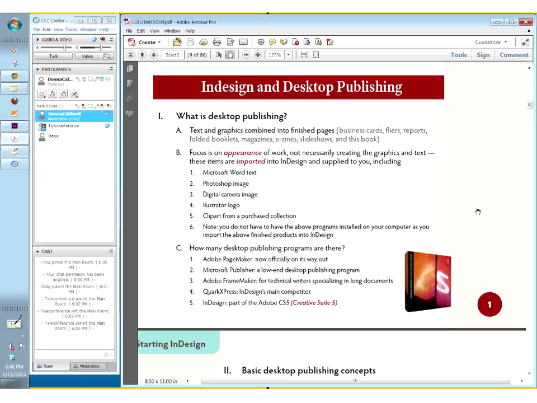So you may be getting text from Microsoft Word, or maybe Google Docs, or even Notepad. You may get a Photoshop image that was edited after downloading it from a digital camera. Or someone may have scanned a photo and they're giving you a JPEG, or they're giving you a PNG. You may receive a company logo that was done in Illustrator, or you may have clip art or charts that were created in Visio. But whatever the case may be, you're going to have to get them into InDesign